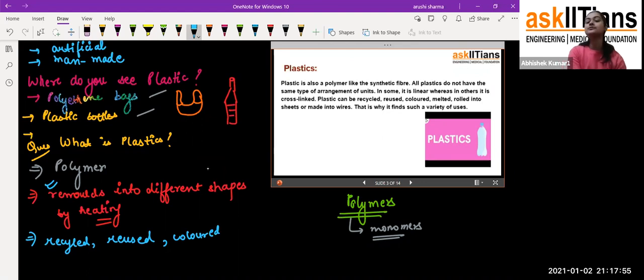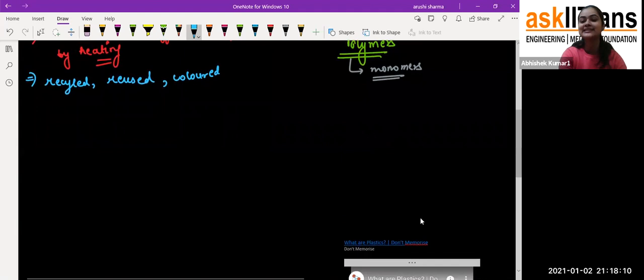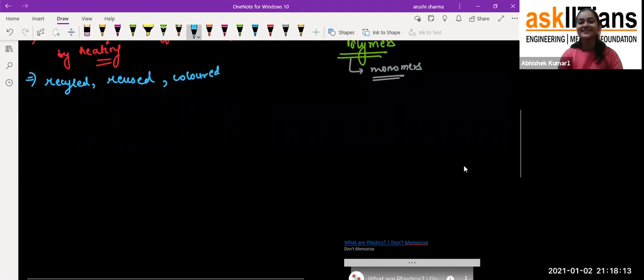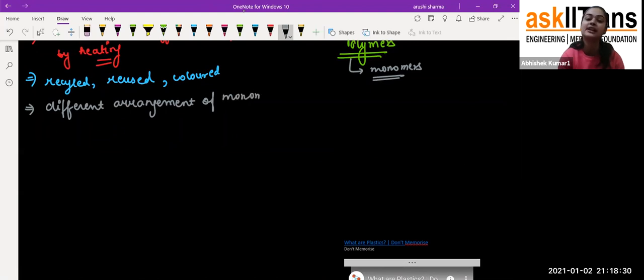Fine. Now, students, again, the arrangement of the monomers, how it comes. Yes, they have different arrangements of monomers. I'll show you that picture also, but first I want to clear something up for you. This is a surprise for you, don't worry about it. First of all, they have different arrangements of monomers. How are they differently arranged?